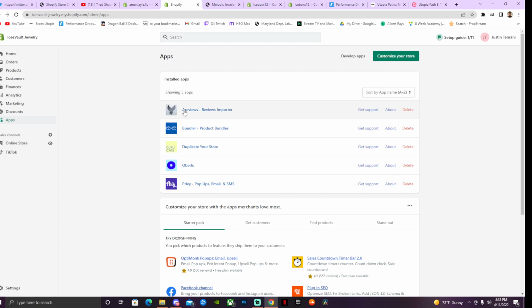So you also have what's called the bundler. That's the app that I use in order to bundle up these two products that I was just showing you. What you can do is set up the bundler app, download that, create an account, and then set up which products you would like to have the bundle for. And Privy as well is the pop-up email that I use in order to collect emails